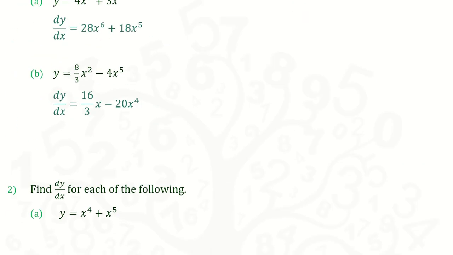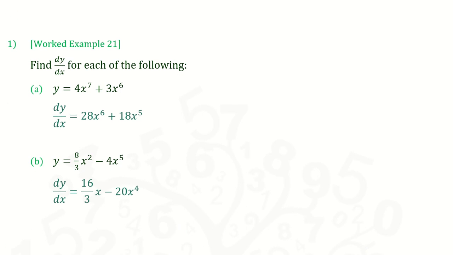接着我们来看 example。今天只有一个 example，就是 work example 21。我们要找 dy over dx，derived functions for each of the following。第一个，7 times 4 是 28，然后 power minus 1，x raised to the power of 6，plus 6 times 3 是 18，然后 minus 1 就是 x raised to the power of 5，所以这个就是这个 equation 的 derived function。